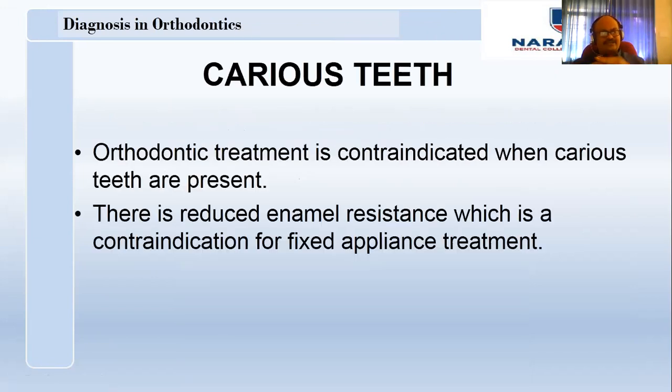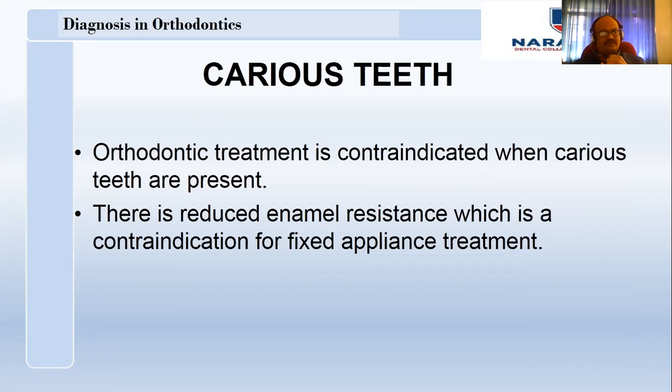So a well retained, well restored carious tooth, a good space maintainer, these things you have to keep in mind. And there should be no carious teeth. It hinders the progression of fixed orthodontic appliance therapy. Carious teeth should be looked at carefully and treated before the start of the treatment. The gingival disease has to be brought down because it is the periodontium that is called the bed of orthodontic tooth movements, where the reactions of tooth movement occur.